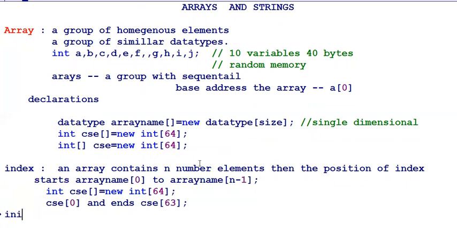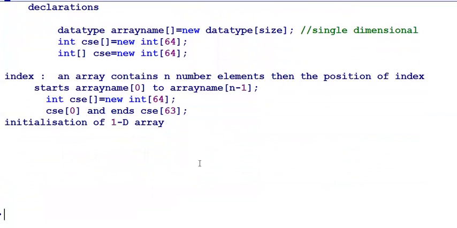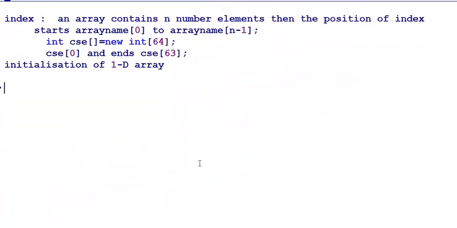Now we can go for initialization of a single dimensional array. What does initialization mean? A 1D array is nothing but a single dimensional array. Initialization is the process of giving values to array indices at the time of declaration.